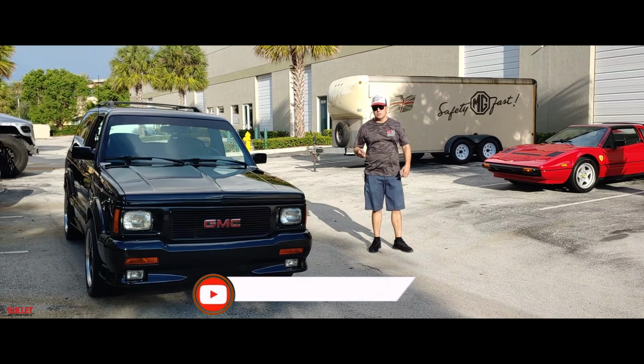So this is a really nice driver quality piece. I'd rate the paint a 7 out of 10. Extreme luster, but it does have slight imperfections on the hood, which you will see in the photo gallery. Just some rock chips. It has low mileage, so I believe it's 40...